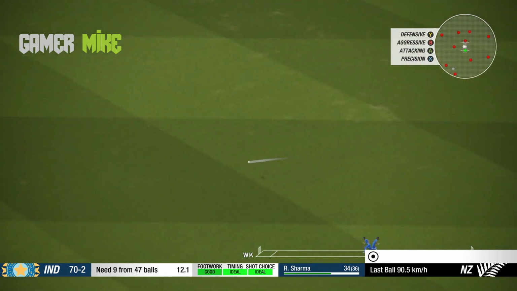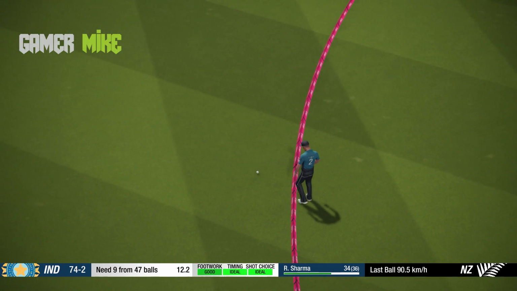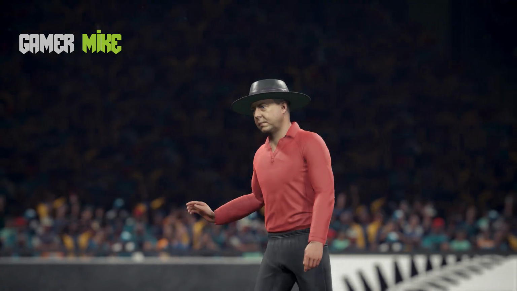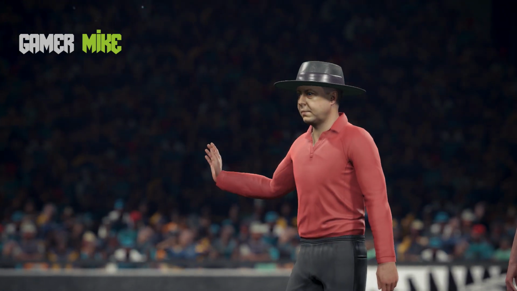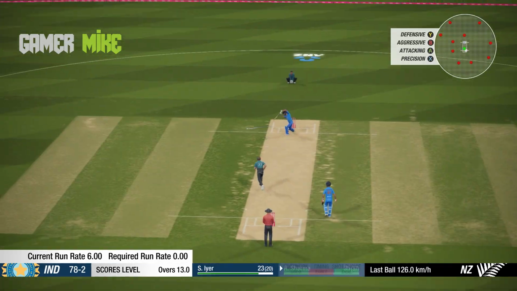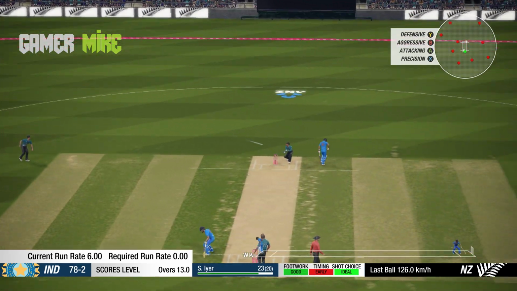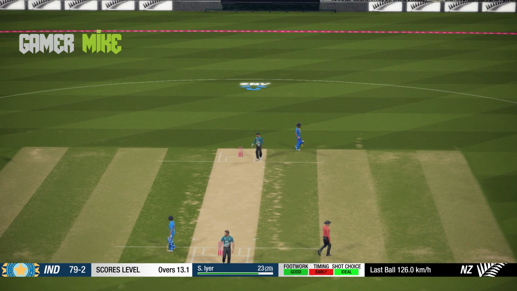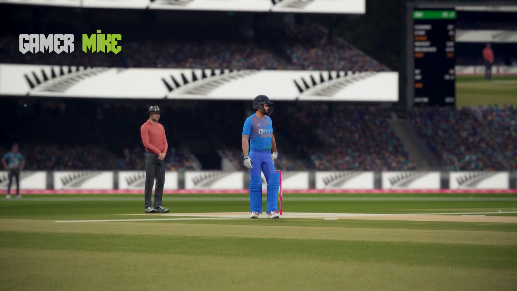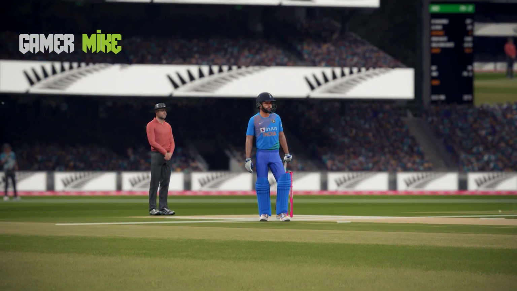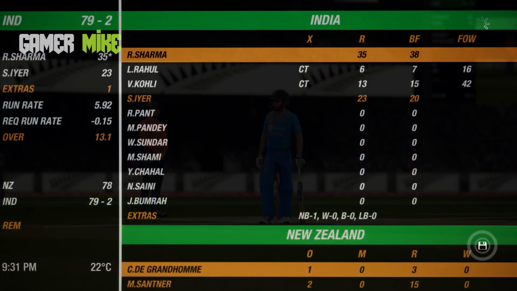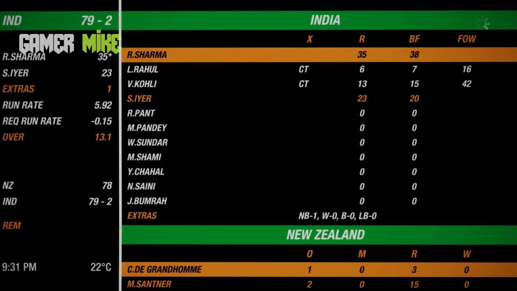And this time in the gap again. Shreyas Iyer just finding the gaps between the fielders in the deep. And they are running to the victory. And that's the winning run for India. And they have chased 79 in just